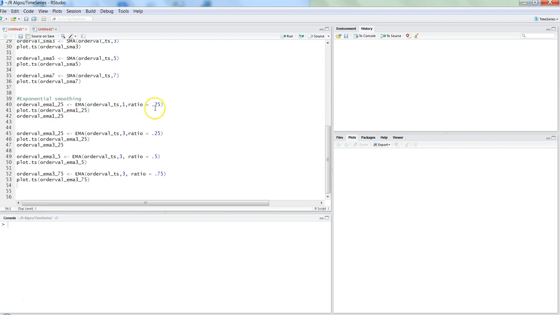But in case of exponential moving averages, we are introducing the ratio parameter, which assigns the weight to the values and to the analysis. So yesterday I showed you these three examples, and today, for the sake of explaining how exponential moving averages work,